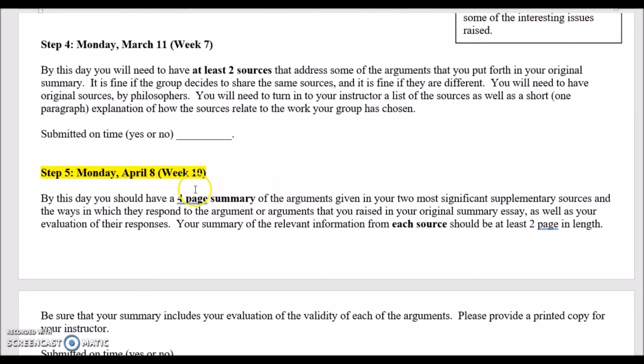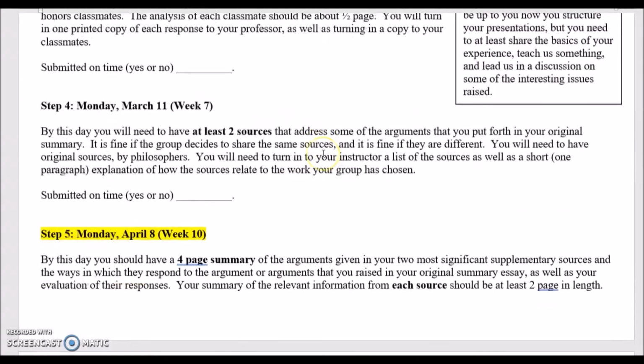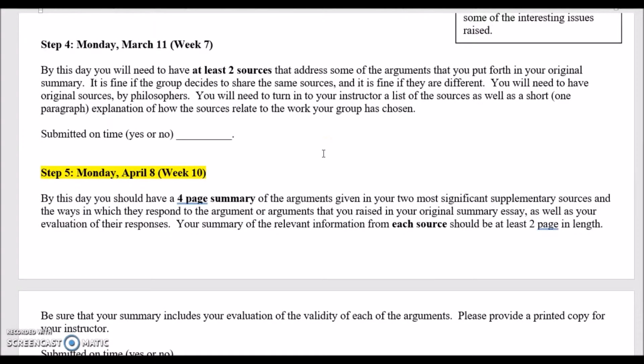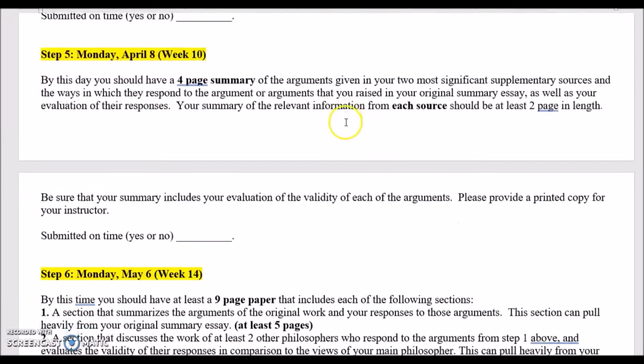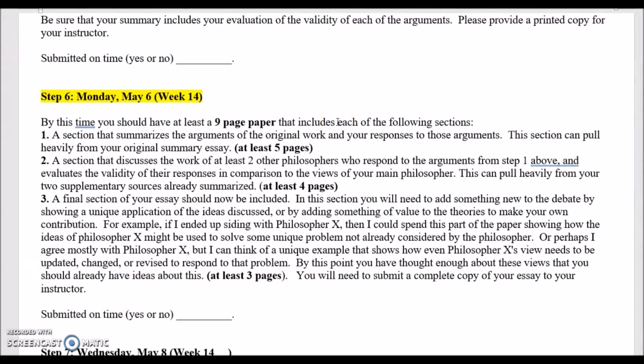Each of these secondary readings is read relative to the first reading and relative to the critiques that they had of their own essays that have already been done by the other honor students. Together, this makes up 4 pages for the analysis of the 2 additional works. They'll look at each other's work and evaluate it again. And by the end, what I expect is they've polished up their first 5-page analysis and included additional things they've